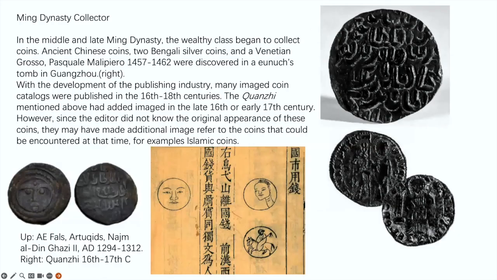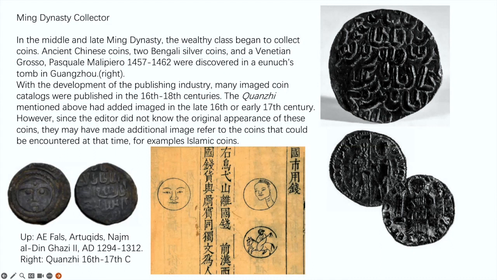That's the Ming Dynasty collectors. The picture in the center, with a little bit of a funny face, was painted by a scholar between the late 16th and early 17th century. It looks a little bit ridiculous, because that coin is more like an Artuqid coin, just a big face there. But how and why? Because at that time, the Ming Dynasty collectors